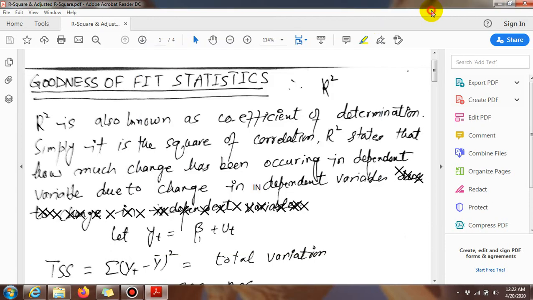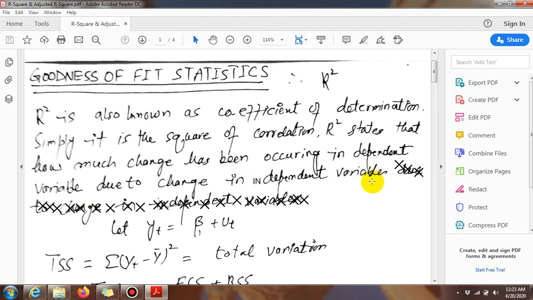Okay, welcome back. Now we are giving some information about the goodness of fit statistic. We are using R square as a goodness of fit test. R square is also known as the coefficient of determination. The simple definition of R square is that it is the square of the correlation. R square states how much change occurs in the dependent variable due to change in